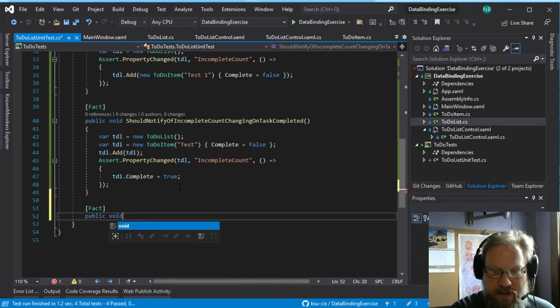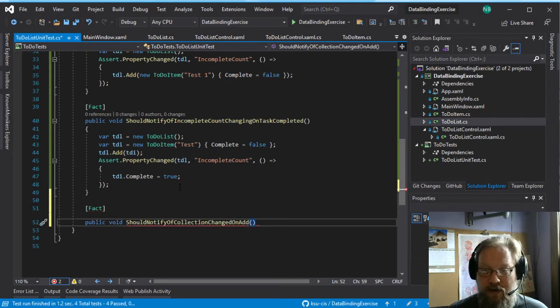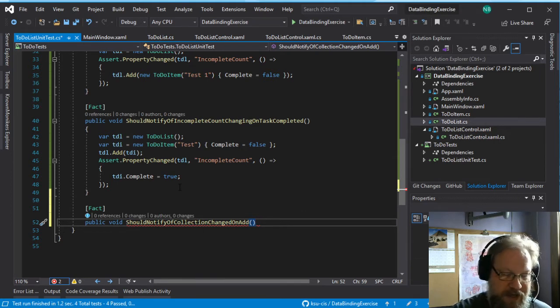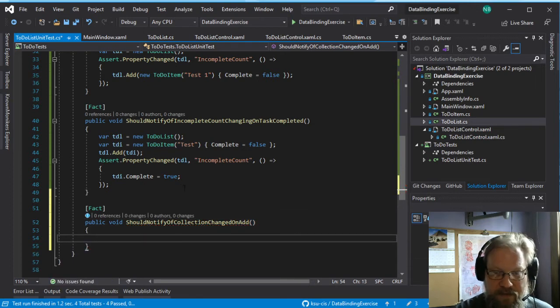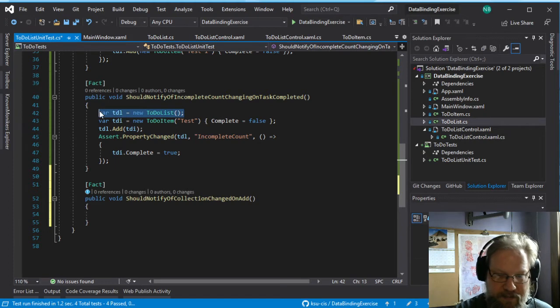And the next thing we want to look at is that it should notify of collection changing, or collection changed, on add. So we should also get a notification for the collection changed event handler, which gives us a NotifyCollectionChangedEventArgs, which is what we would actually process. Now, ideally, what we'd want to do is create our list,